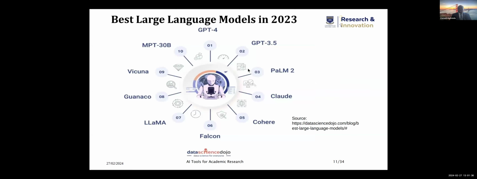And these are examples. So when we talk about generative AI and large language models, my take is that large language models are a subset of generative AI. And there are other aspects of generative AI models that are out there. But what really resonates well with us is large language models, because we are people who speak, and we are based on language in every aspect of it. So these are the best large language models in 2023, as presented by